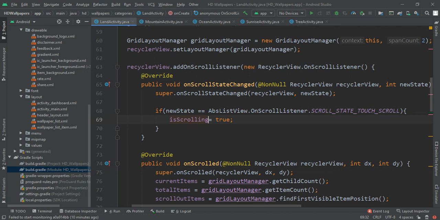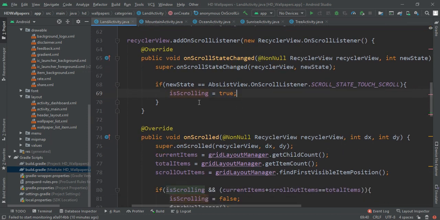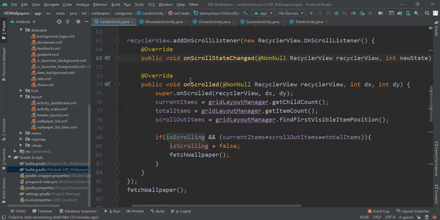Okay, so here it is. After we complete this onScrollStateChanged method, if it is true then we are going to load some more. Here is currentItem, which is gridLayoutManager.getChildCount, and totalItem is equal to getItemCount, and then we have scrollOutItem to find the first visible item position.